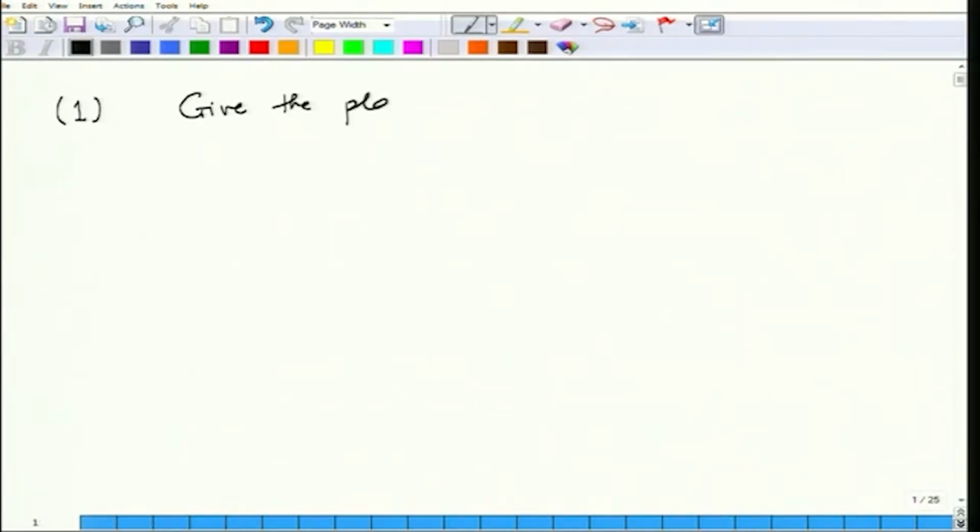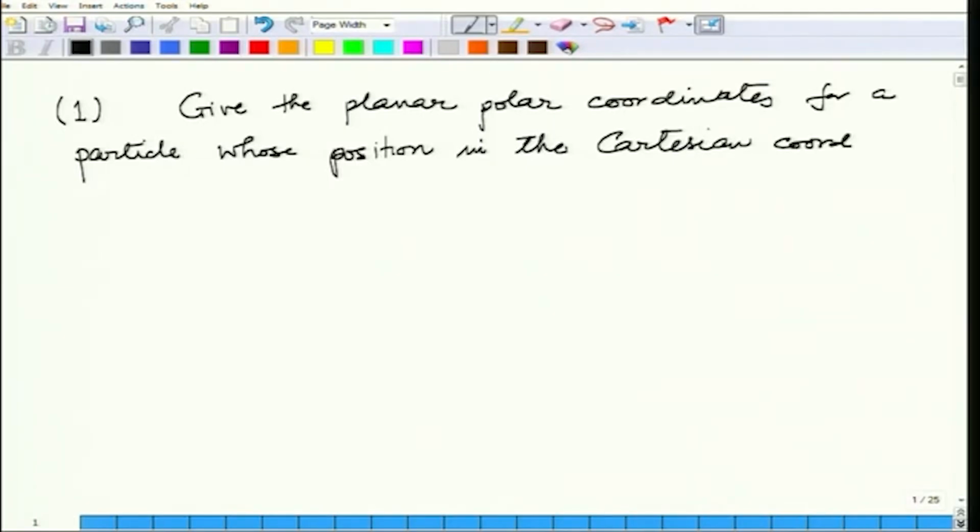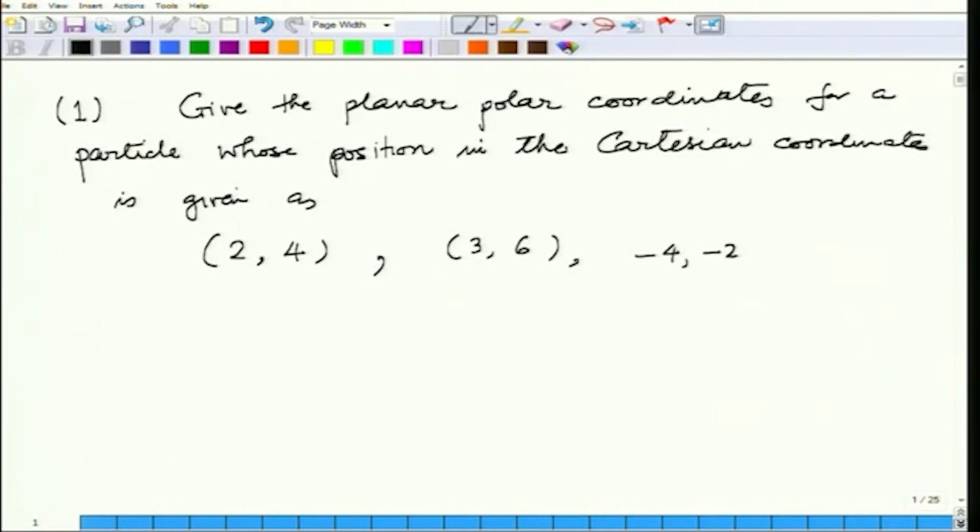the planar polar coordinates for a particle whose position in the Cartesian coordinates is given as (1, 2, 4), second one (3, 6), third one (-4, -2). In addition, we would also like to express